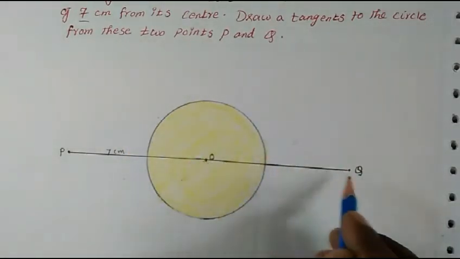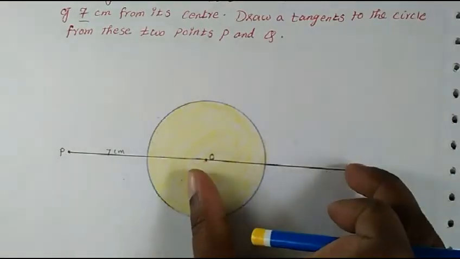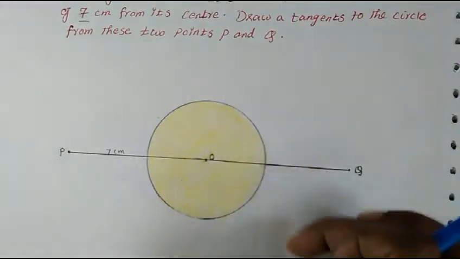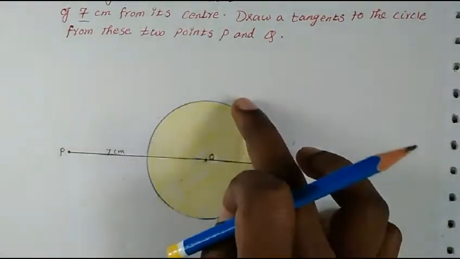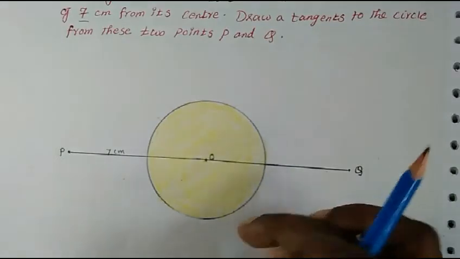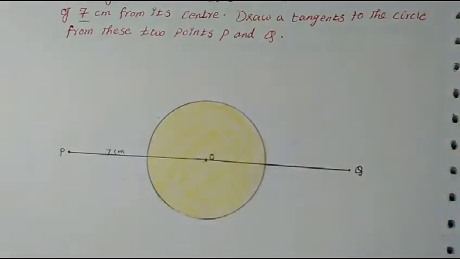From the center, from here, you will find a midpoint. How you will find the midpoint? You will have to draw a perpendicular, find the midpoint and draw the circle, and that circle will intersect the original circle at 2 points, and that you will join. So that is the tangent. So let's do it now.